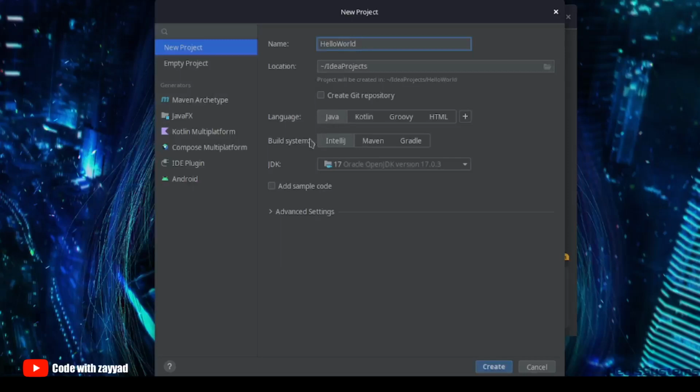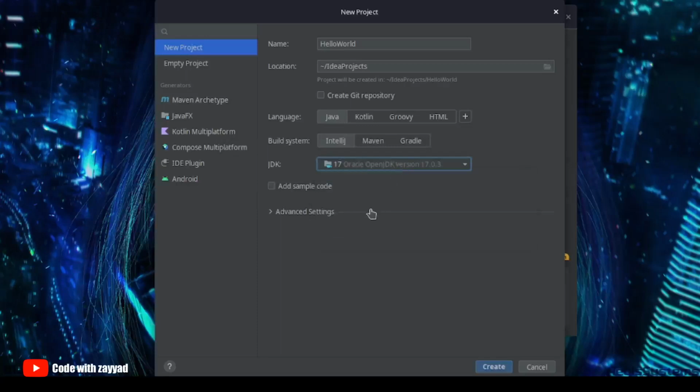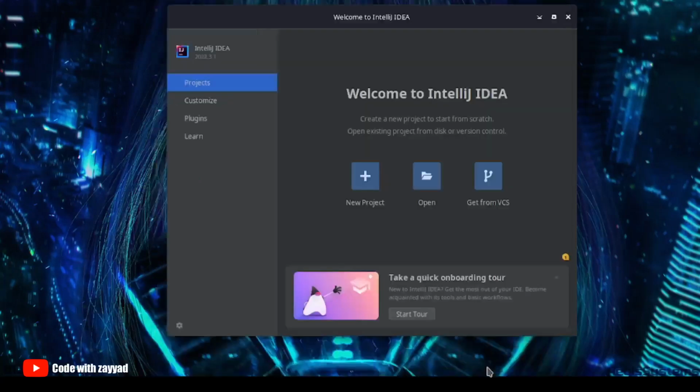Java is selected, and build system, make sure IntelliJ is selected. JDK, if you have multiple JDKs installed on your computer, you can actually come here and select the JDK version you want to use, but for me I'm just going to use this one. Then here click on create,